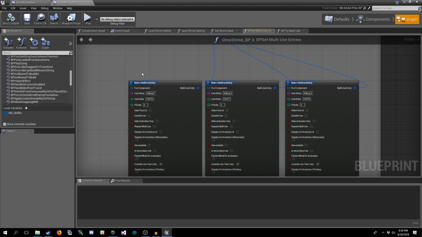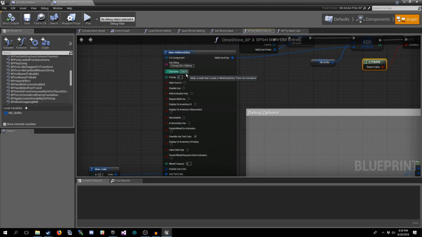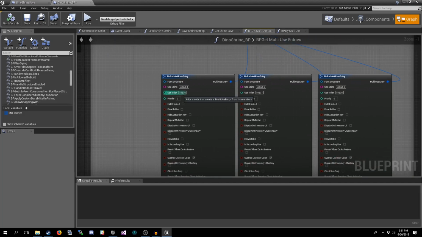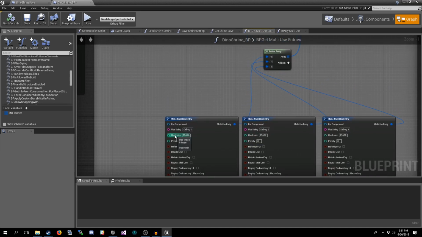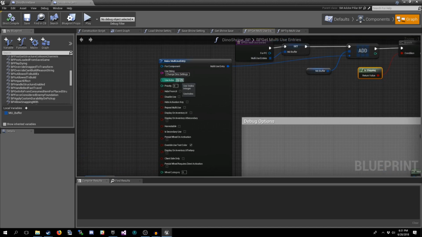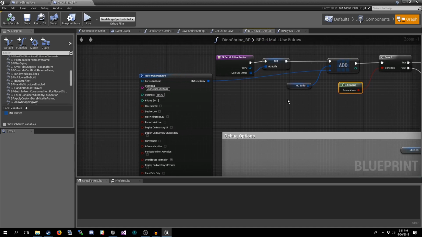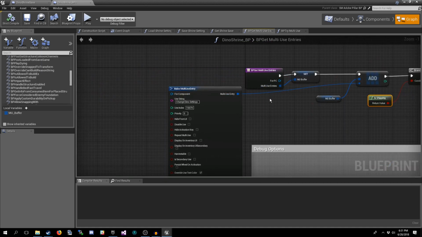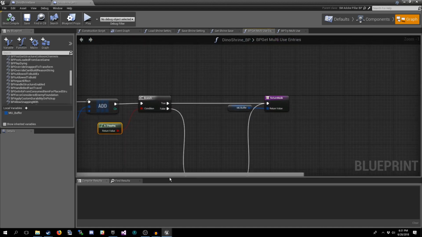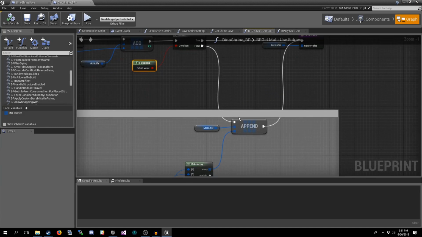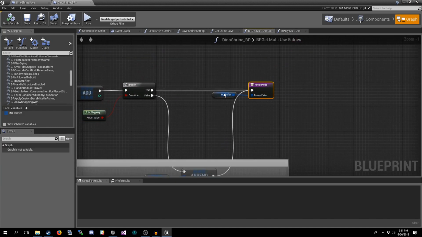After we add these three options, you'll notice this one is 15679, this one is 15676, 677, and 678. You want to make sure that all of your multi-use entries have different use indexes. Now this one is higher because I want it to appear at the 12 o'clock position on the radial menu, so it puts it there for me if I make it the last one. Now after we've added all of our multi-use entries to this array right here, we return it. So we're giving our modified array back.